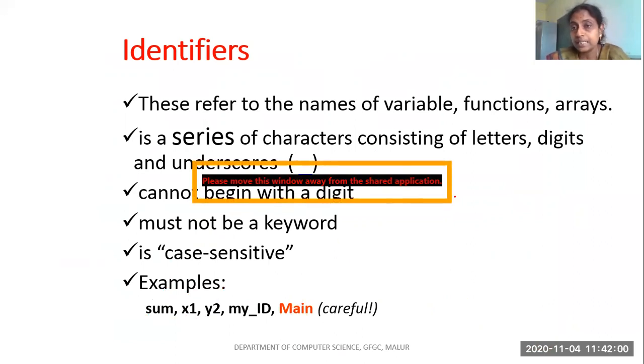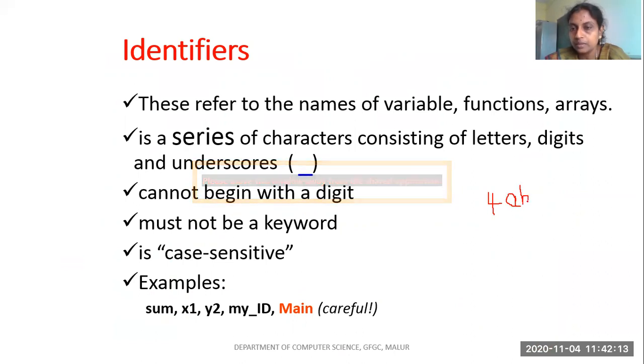Now we will try some more examples. Let me give them, and we will see whether each is valid or invalid. I have a variable name 4AB. Then I have a variable called fan.